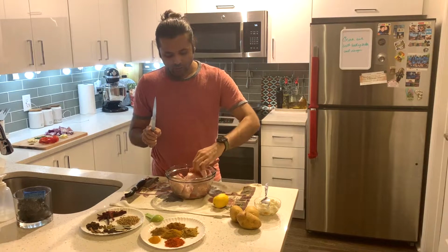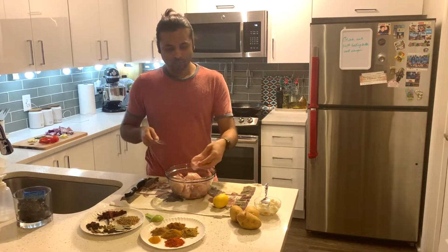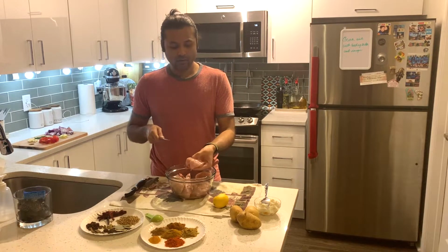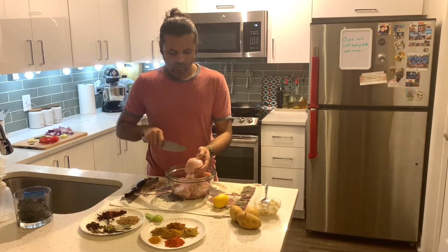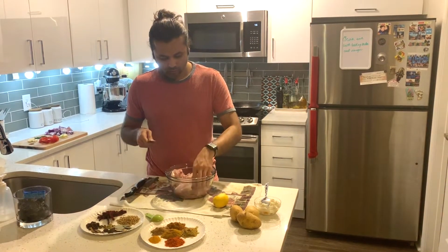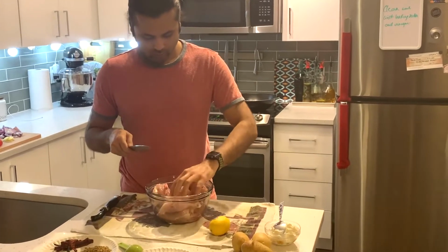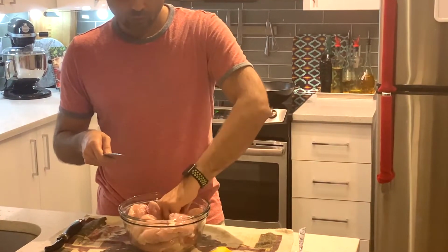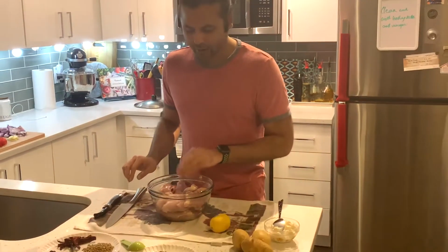First thing what I'm gonna do is, you see the bone to the chicken, it's gonna keep the chicken together. I'm gonna do a little split in the chicken so that all my marination goes in. And it is not supposed to be so deep that it cut the piece into two. So just keep that in mind. So it's like little, and then the leg, and then another piece over here, and then there is one more leg I cannot find, and there it is. So this leg. Okay, so we do that, and then